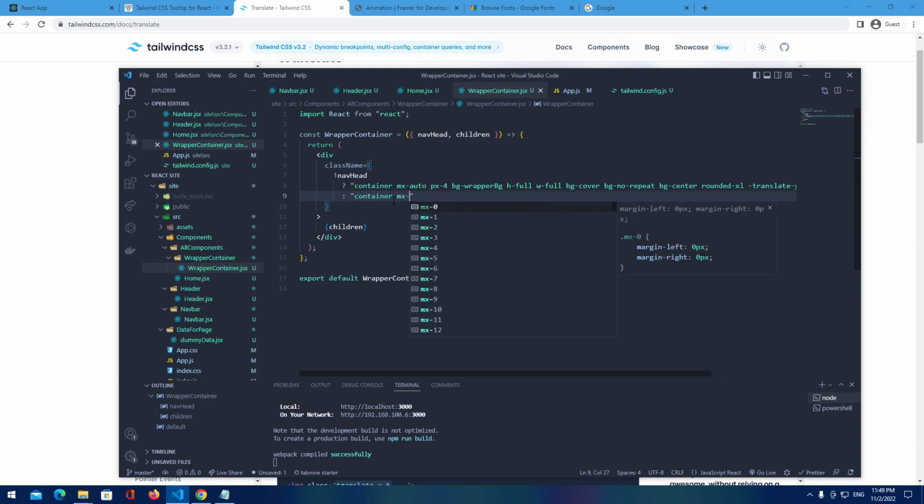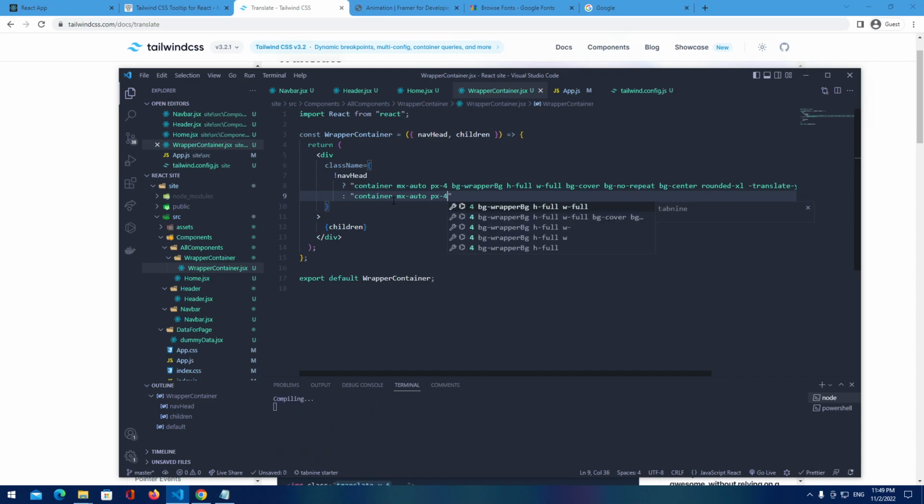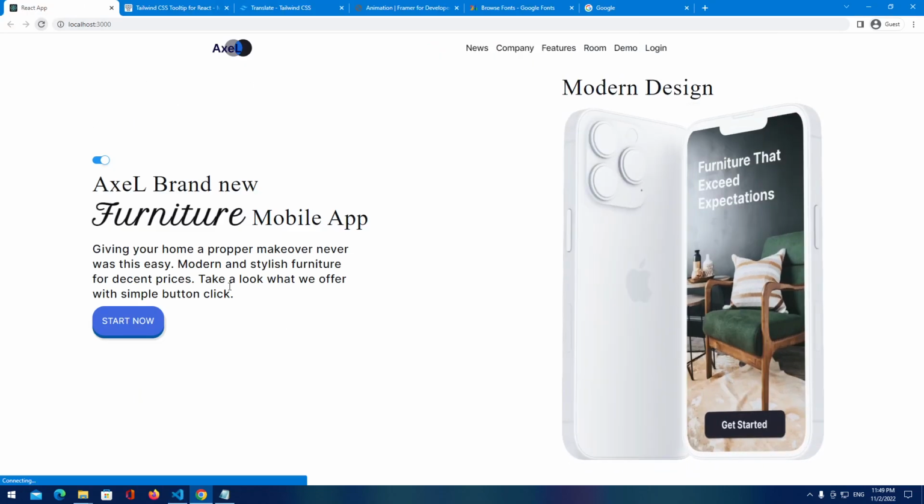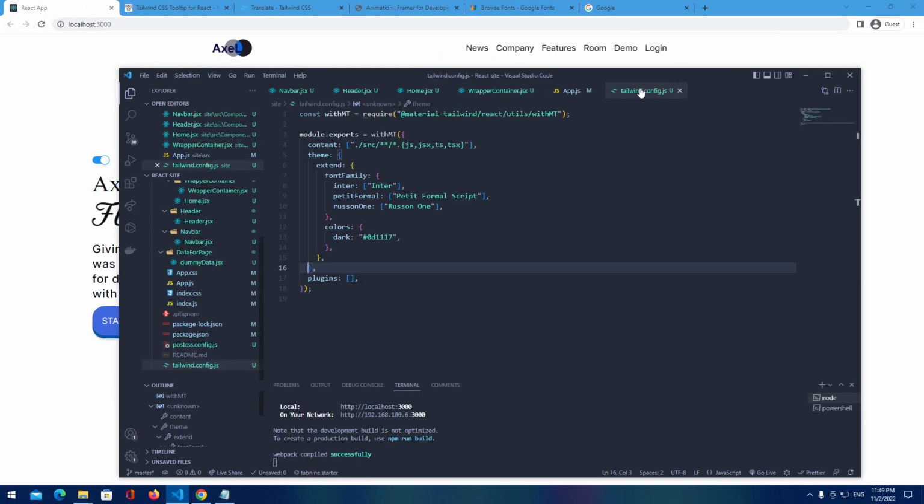with mx auto and padding x of 4, padding left right of 4. So when we check our application, nothing changed because we need to go to Tailwind config, and inside the Tailwind config we need to provide our containers, something like the breakpoints for the screens. So you need to add